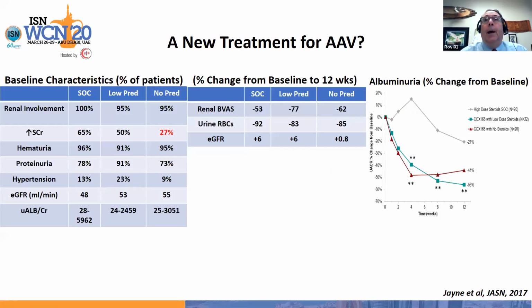Now, again, like lupus, there's been interest in new therapies for ANCA vasculitis. I'm showing you the data from the phase 2 trial of a C5a receptor antagonist, a complement component 5a receptor antagonist. This was published a few years ago, and in essence, patients were treated with standard of care, which was either cyclophosphamide plus steroids or rituximab plus steroids,